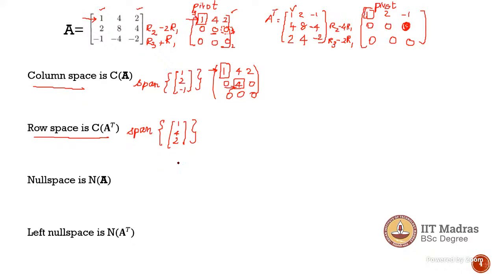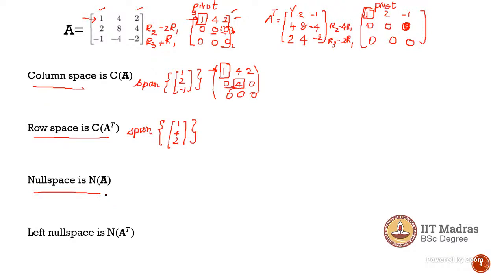So this is one way of computing your row space. So now, if you use this reduced row echelon form, you have to pick from this vector, from this form, because this is already a reduced row echelon form. So this 1, 4, 2 will be your row space. So now if you see, we have obtained both the row spaces same. So these two methods yield you same answers only if the row space is a unique basis of this matrix. Okay.